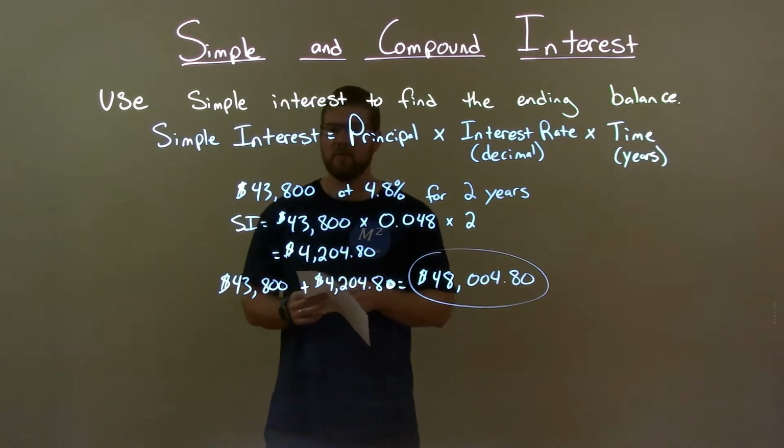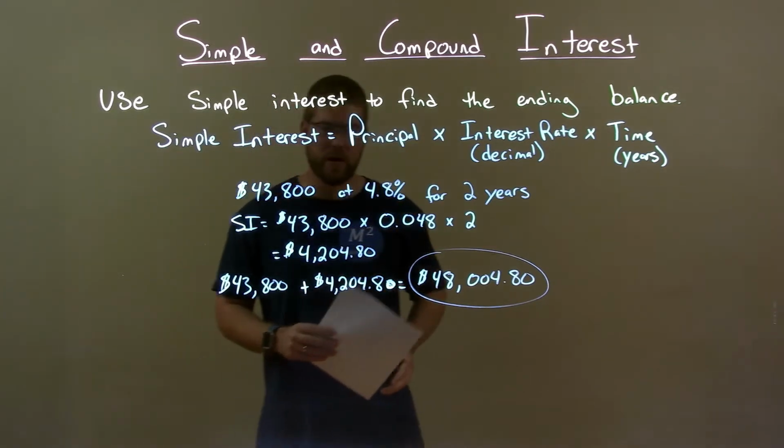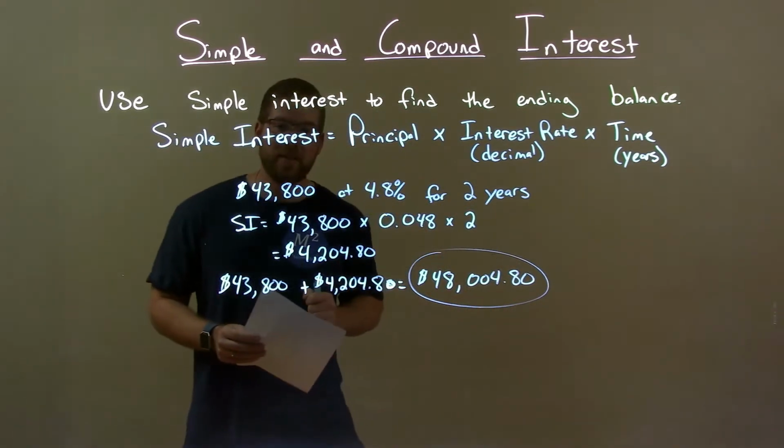Quick recap, we're given $43,800 at 4.8% for 2 years, and we have to find the ending balance using